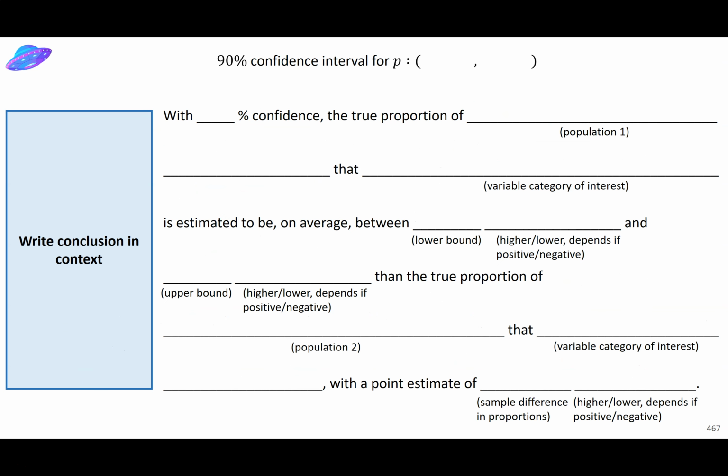So now we need to write it up. So you might notice it's a little more complicated now. I tried to go ahead and include a template. I really can't emphasize enough, getting really comfortable with these templates really is very useful here. So 0.0064, we're very formulaic with the things we like. So both of these are positive. My point estimate was 0.12, that was also positive. So with 90% confidence, the true proportion of, so my first population, so college-educated Americans,